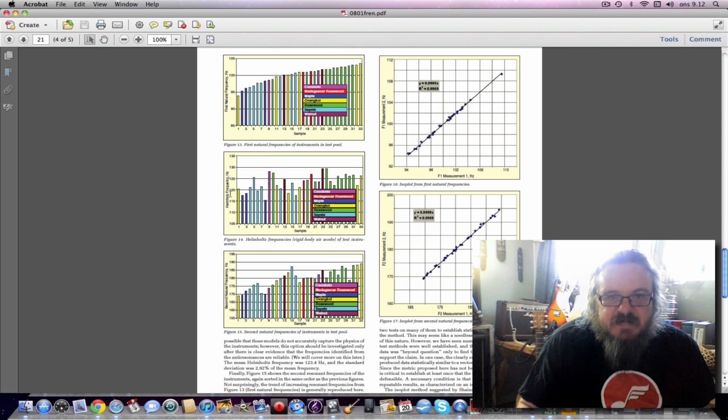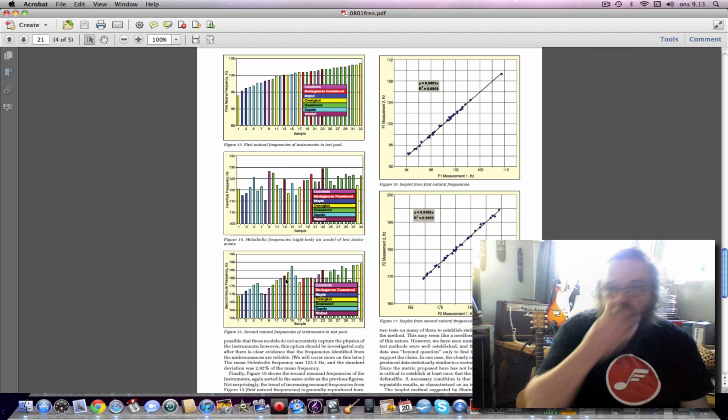Then you come down here to the Helmholtz frequency response of those same two samples of the Madagascar Rosewood. You're up at 124 and 127, and then if you take Rosewood in the second natural frequency response, your frequencies are getting up to 180,